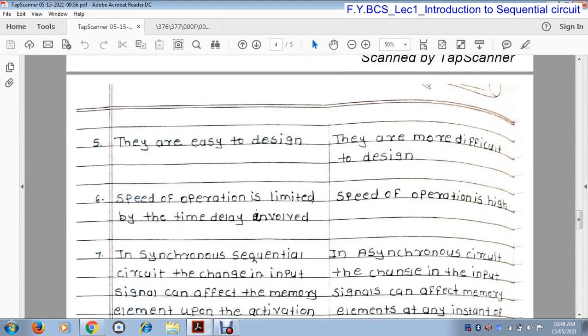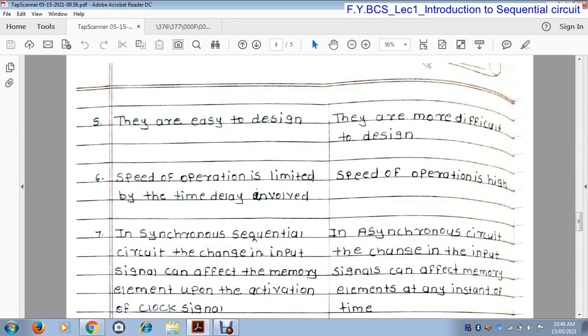Now, synchronous sequential circuits are easy to design, but asynchronous sequential circuits are difficult to design. That is the fifth point.